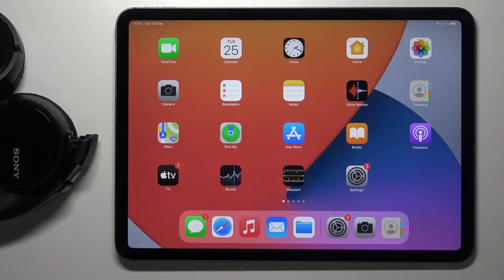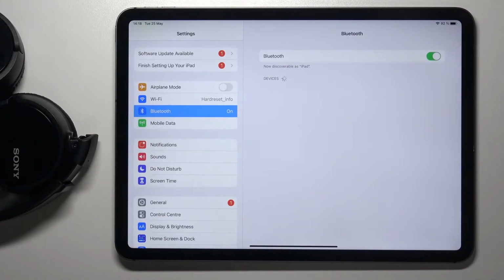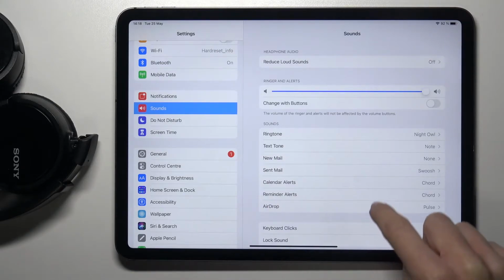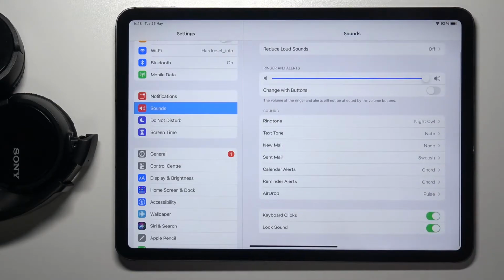In front of me is iPad Pro 11, and let me show you how to activate keyboard clicks on this device. So first of all, you need to open the settings, then locate sounds right here, and go to keyboard clicks. Smoothly mark it, and from now on,